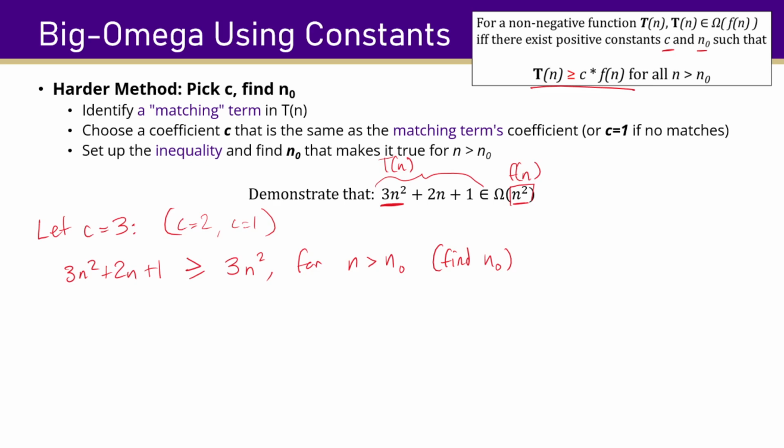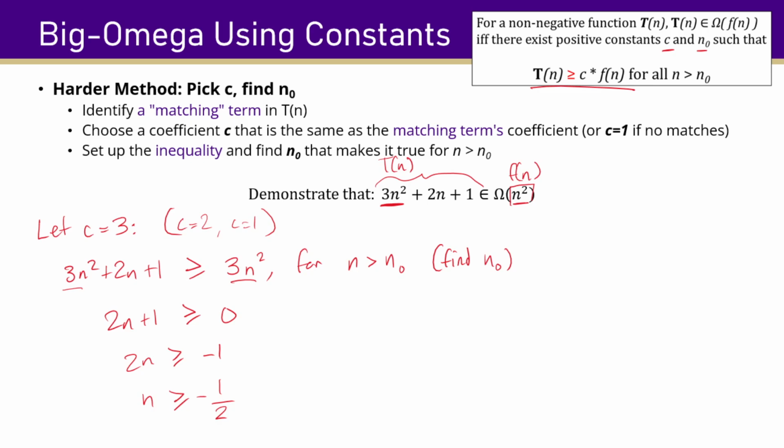So to simplify this down, the first thing we can do is subtract 3n squared from both sides, right? Because we picked that coefficient in a smart way, this cancels out nicely. And so we're left with just 2n plus 1 is greater than or equal to 0. All right, and we can go ahead and subtract 1 from both sides and then divide both sides by 2. And so n is greater than or equal to negative 1/2